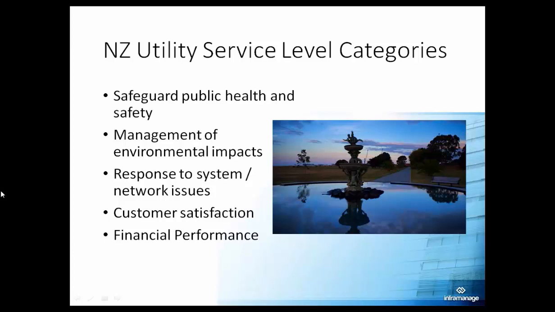The other thing to look out for is that asset management is about a thought process, and the thought process goes through the current state of the assets: what do you have, where is it, those kinds of basic questions. Then the level of service, which is what you want it to do. Then criticality, where you're looking at which assets are critical to your sustained performance, and which ones have the probabilities of failure and the consequence of failure. Then you go to life cycle costing, which gets into how you're going to operate, maintain, repair, and replace your assets. And then finally you move on to funding, how you're going to fund this.